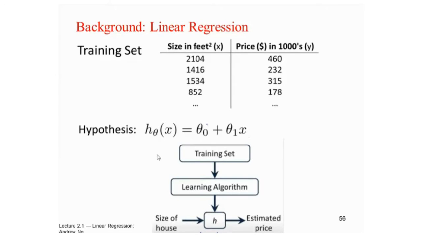Understand the linear regression for the continuous output. So here we have the data set for the size of the house. Then based on the size of the house, we try to predict the price for the particular house. So here we have to first define the hypothesis for this particular problem.